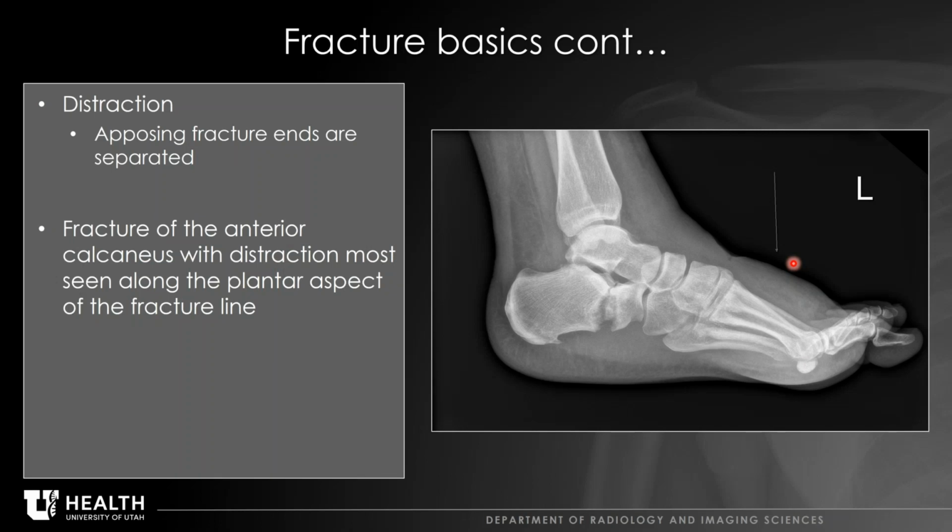So this is just discussing how much it's pulled apart. So the opposing fracture ends are separated. Here we're seeing this fracture of the calcaneus, and the anterior calcaneus is distracted from the posterior calcaneus right here. And after the distraction is most notable along the plantar aspect. And this person does have a lot of soft tissue swelling, so there's a good possibility there's a fracture in